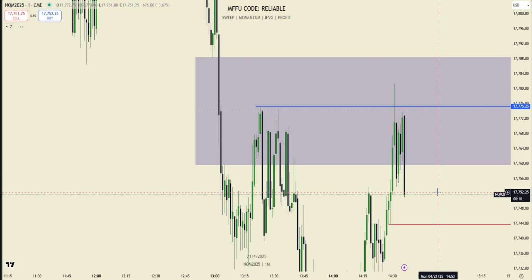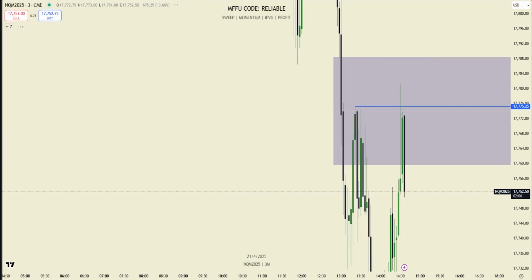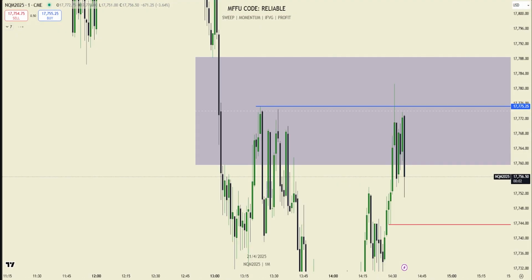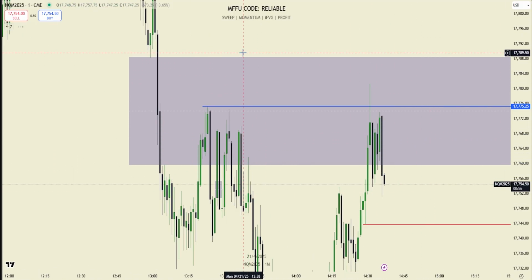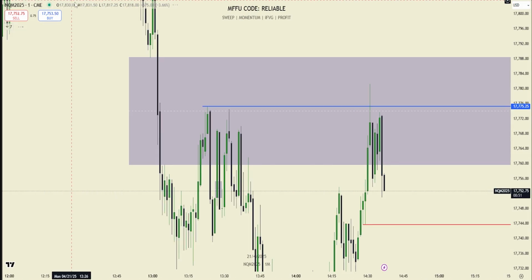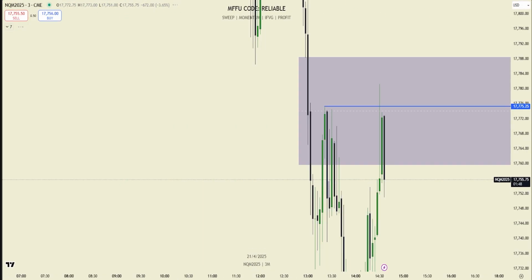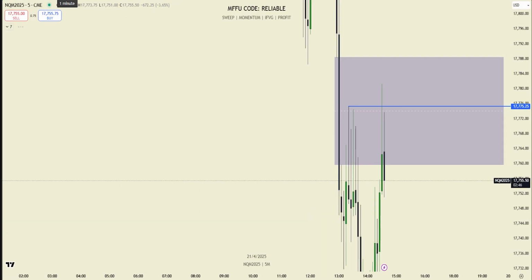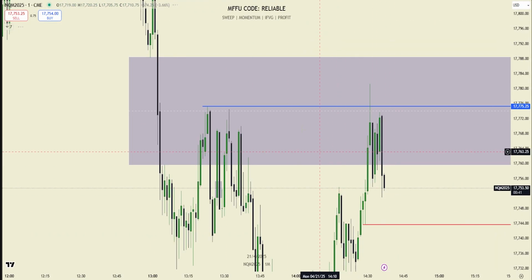Okay. I see the vision with this 1 minute. I like the idea. I hate that we tapped into this 3 minute. Absolutely hate it. No 1 minute close below there. Dude, why did this 3 minute have to form? I think this 1 minute short is gonna work if we get it. But why does there have to be a 3 minute gap there now, or a 5 minute, even worse? This setup would be good if those two things weren't in play.